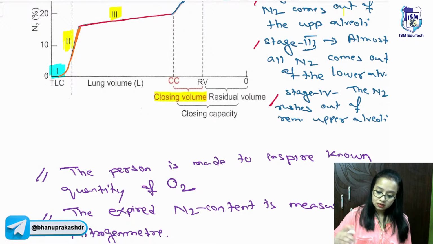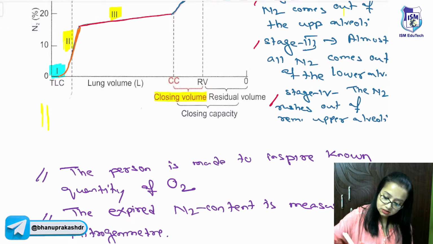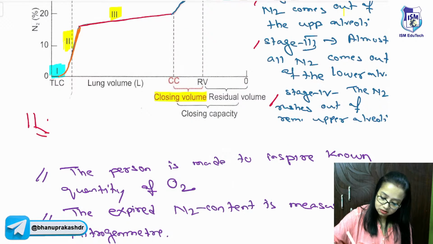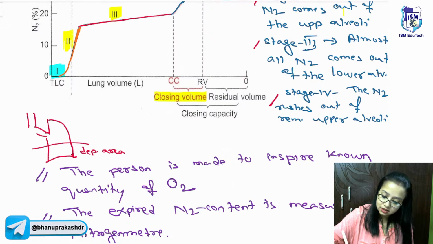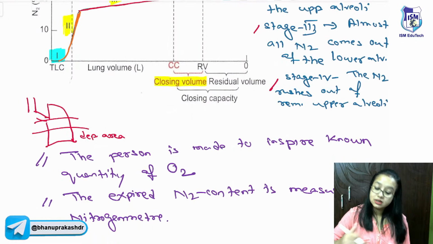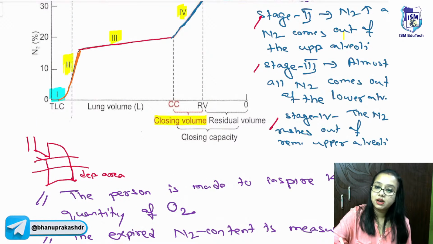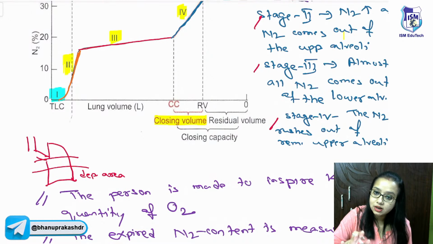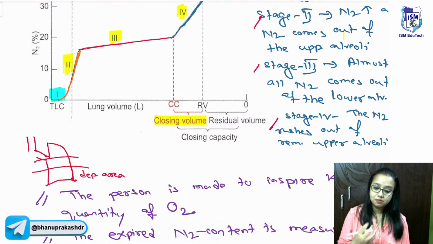Okay. So if this is the lung, this area is the most dependent area. This is intermediate, and the topmost is the non-dependent area. So first from the dependent area, the upper region, the nitrogen is coming out, then it keeps on getting expired and a plateau is maintained, meaning a constant concentration of nitrogen comes out. So from the upper alveoli, then from the lower alveoli of the dependent area, which has the maximum pull